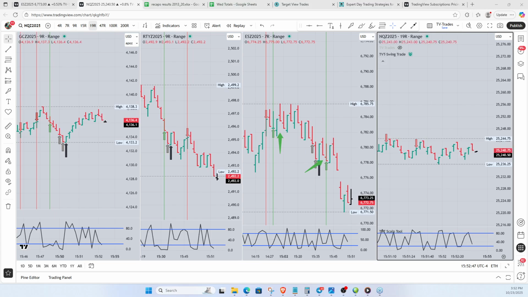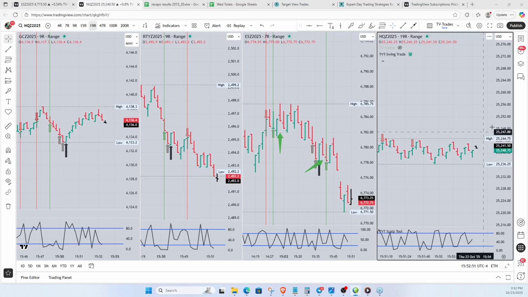Okay, the question was, do I have any videos about setting up targets and stops and all that? And in that one video, that most recent one that I put in there, Joe, not only does it show how to set up the target and the stop, but it shows how to set up the target and the stop with an auto trailing break even, which was the newest feature that we've just done recently.